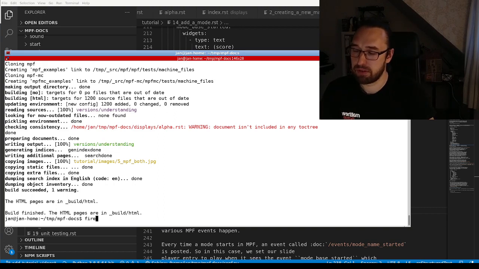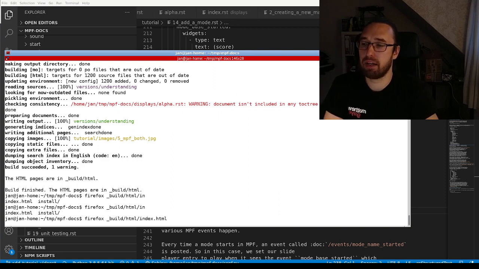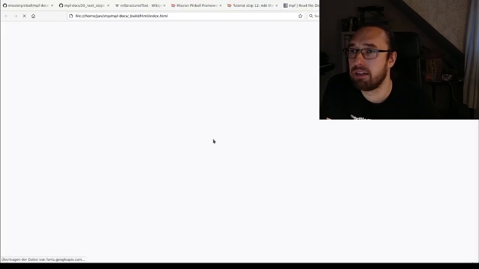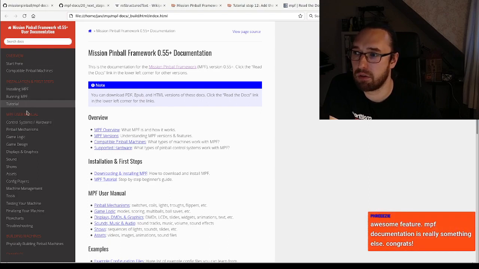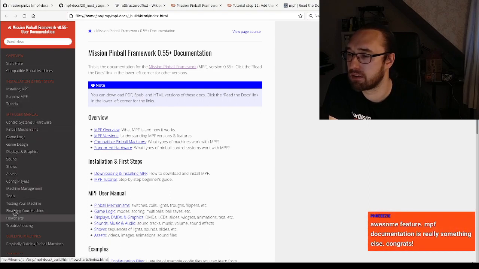So now it basically created the documentation, and we can open it also. It's in _build HTML. And now I can browse my local documentation here, and that looks almost like our online page, except that it's now local. Now I can also look at our new page in,